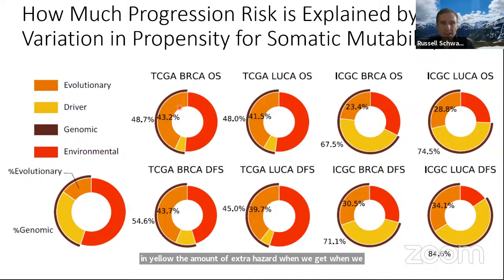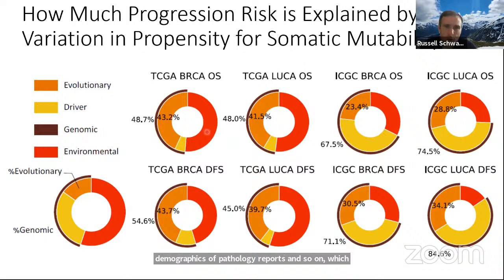So effectively taking the drift in the orange features and adding information about selection on top of that. And then the red is bringing in all the kind of extrinsic factors beyond the genome that would be available to a clinician, things like patient age, demographics, pathology reports, and so on,